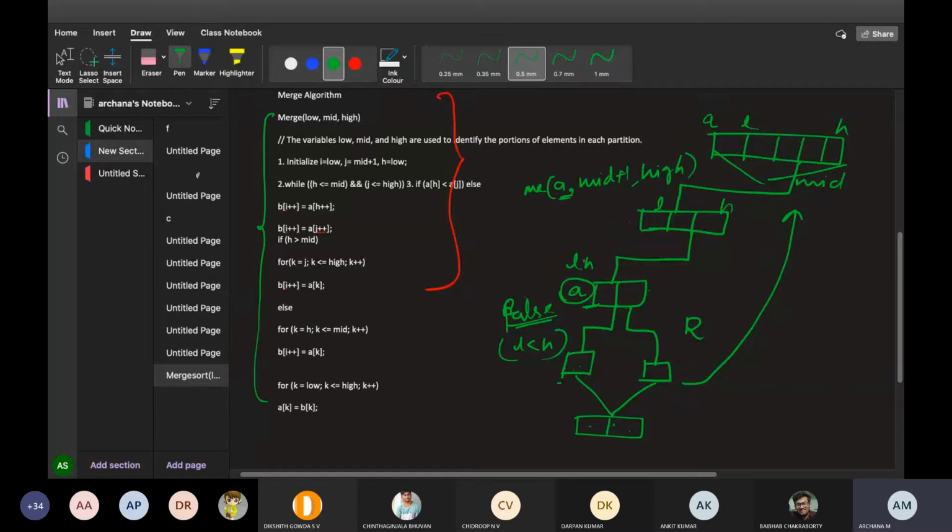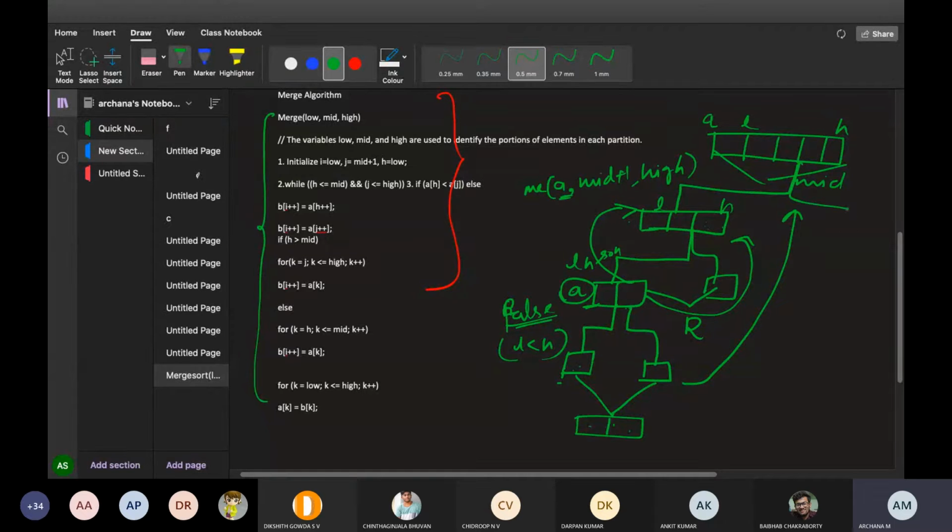Now again, after taking this solution, what do you have to do? Again, you have to go back, because here the right hand side is not formed. Again go back, divide that into the right hand side. Again, merge these two solutions. Understood? Again, the solution will come here. You'll go back. This entire thing is done.